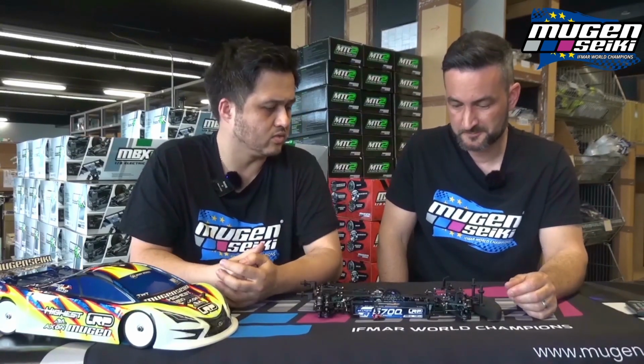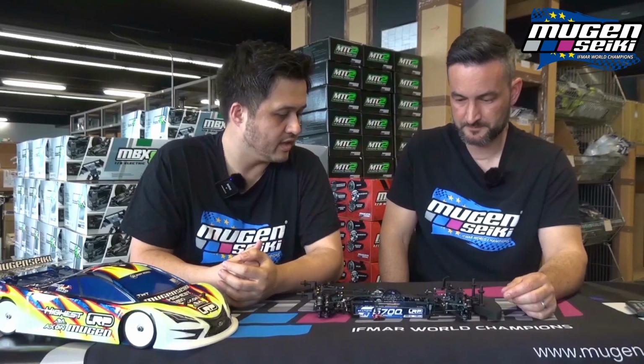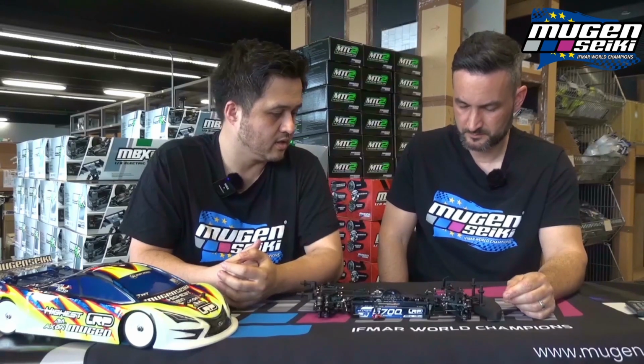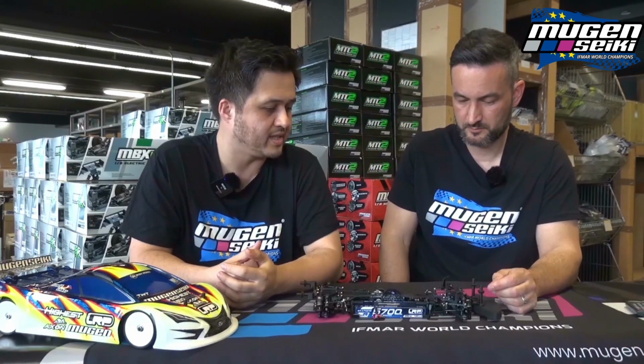So the steering gets mounted with only 2 or 3 screws onto the chassis then? Exactly. The steering has only 2 screws in the center of the chassis, and with all servos available on the market, you can fit the servo under the new servo mount, and the overall weight is very low. It's basically everything got lighter,